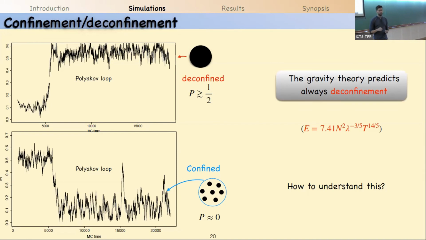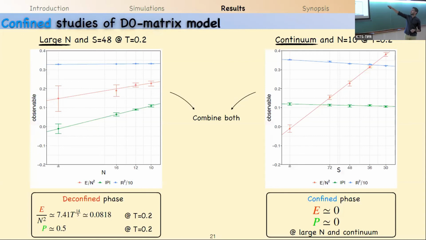lower temperatures, you get a confined signal. So your simulation can be stabilized in the confinement phase. But that can be lattice dependent. Yes, but here we saw that in the continuum limit, you get that the energy goes to 0. How did you get a continuum limit with n equals 10? By simulating on n and taking different lattice points. But you have an instability. No, because